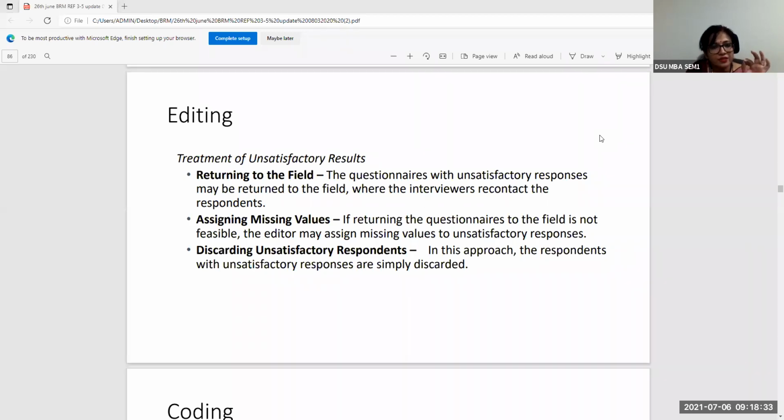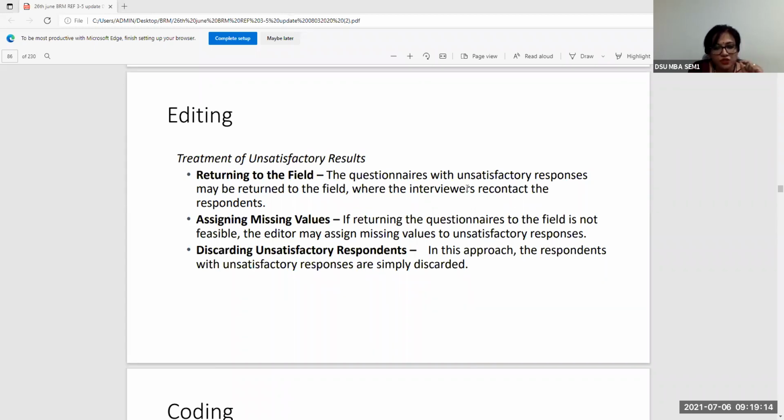Then you should have, as a researcher, the necessary way to code for missing responses or unsatisfactory responses. Like I said, if you have 5 categories of income groups, your number for coding will be anywhere from 1 to 5. So if you want to now code for a situation where the income question has not been answered by the respondent, how do you code it? You can't give 1 or 2 or 3 or 5 on your own. You should not do that, right? Because the respondent has not answered. So what should you do? You have to put a different code which is different from the 5 categories, right?